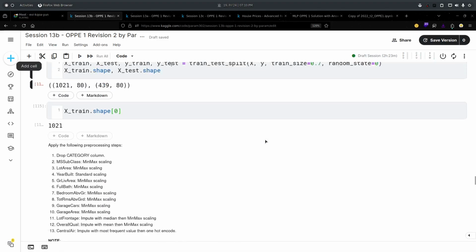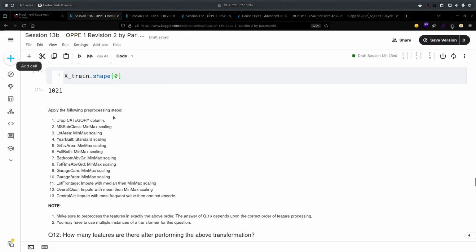Okay, so next we have this apply preprocessing steps. We can ignore the first step, we have already dropped the category column, right? Now there are some 12 other steps. It is again similar to the previous one.